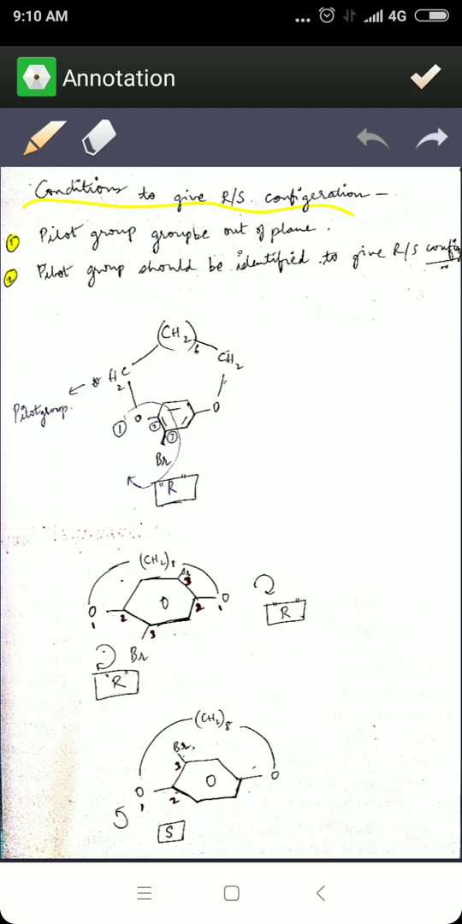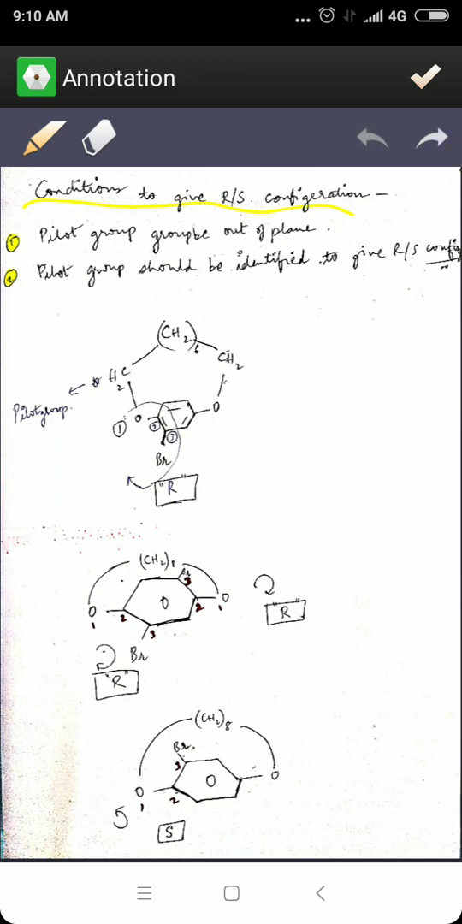Whenever we are going to assign RS configuration for the ANSA compound, we should always remember that we are going to number with respect to the pilot group. Here the pilot group is already identified, CH2. Now from this, we are going to write down the numbering. The oxygen which is directly attached to CH2 is going to be number 1. The next carbon, which is the para position of the benzene attached to oxygen, is 2. And then the subsequent bromide which is attached to the meta position is 3. So you can see 1, 2, 3 is moving in the clockwise direction, and hence it has attained the R